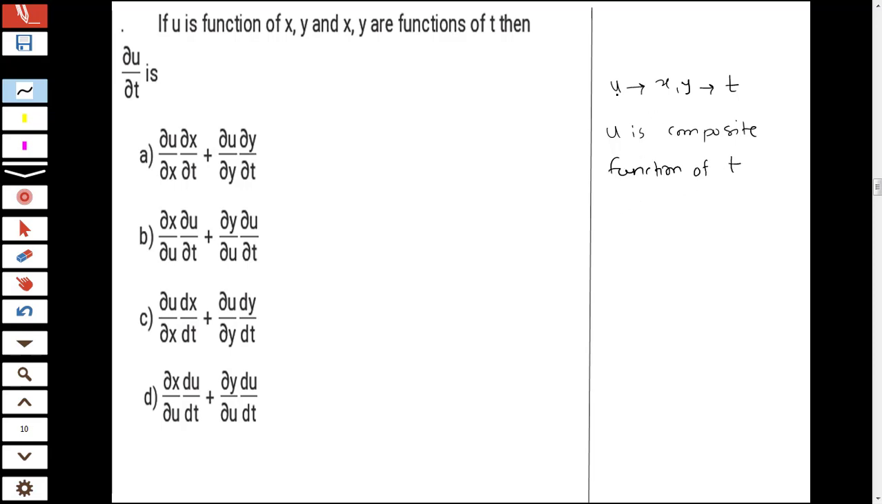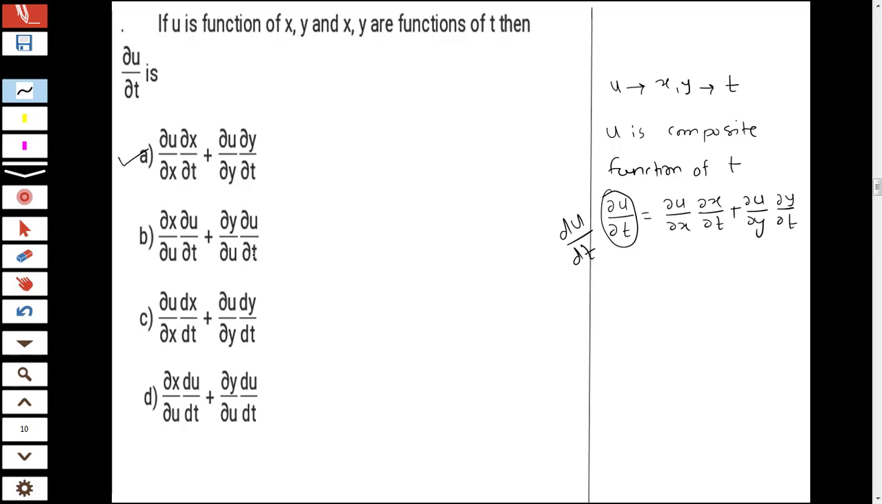So when you want derivative of u with respect to t, you have to go through x and y. So that ∂u/∂t is equal to ∂u/∂x into ∂x/∂t plus ∂u/∂y into ∂y/∂t. And this we may also consider as du/dt, because u is a function of single variable t. So with this we will have ∂u/∂x into ∂x/∂t plus ∂u/∂y into ∂y/∂t. So answer is option